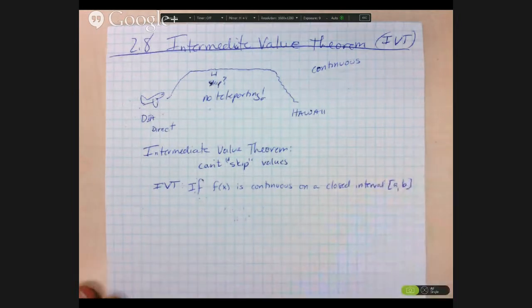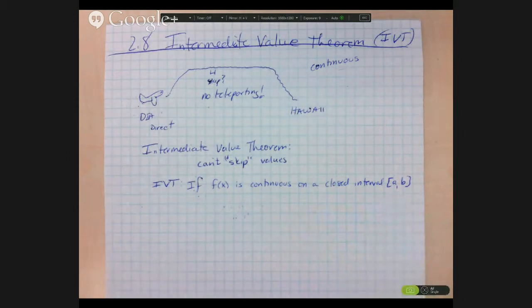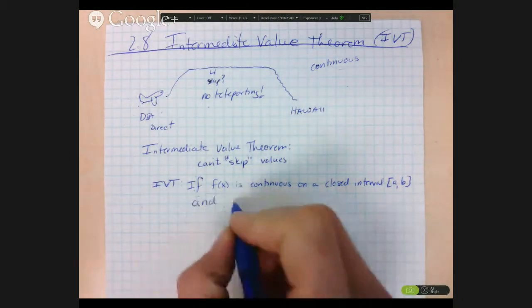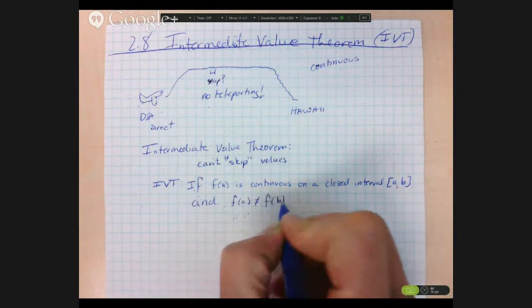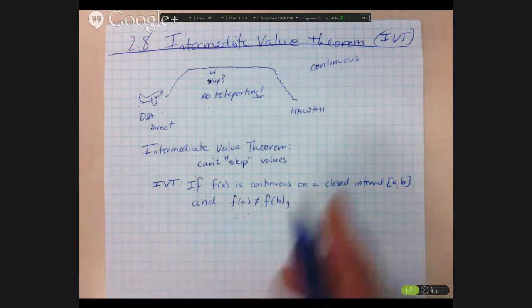Now, you don't have to say on a closed interval. You could just put [a, b], but we're being obvious here. And f of a does not equal f of b. Then,